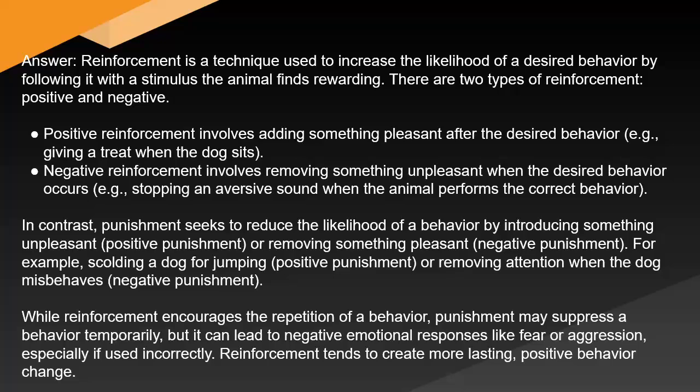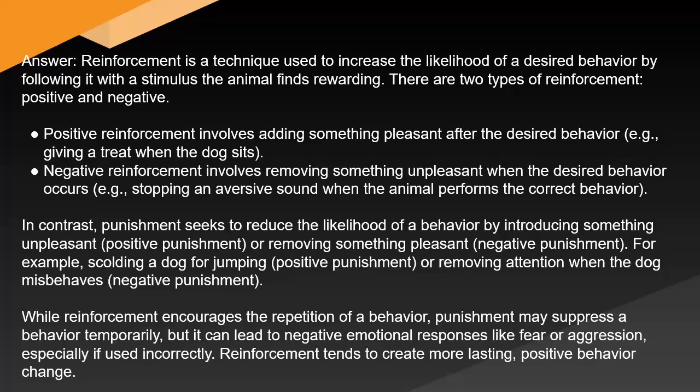Answer: reinforcement is a technique used to increase the likelihood of a desired behavior by following it with a stimulus the animal finds rewarding. There are two types of reinforcement: positive and negative. Positive reinforcement involves adding something pleasant after the desired behavior, e.g., giving a treat when the dog sits. Negative reinforcement involves removing something unpleasant when the desired behavior occurs, e.g., stopping an aversive sound when the animal performs